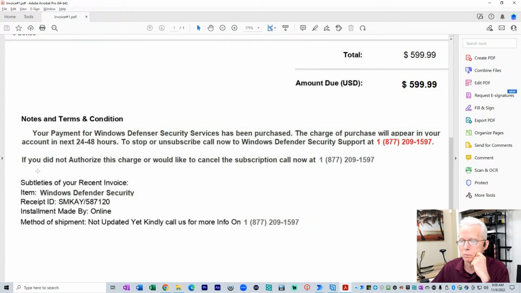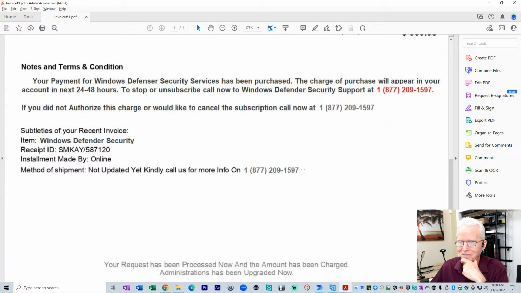Happens to be the same number as the help desk. If you did not authorize this charge, authorize with a capital A, or would like to cancel the subscription, call now. And here's the same phone number, 1597. Now down here,